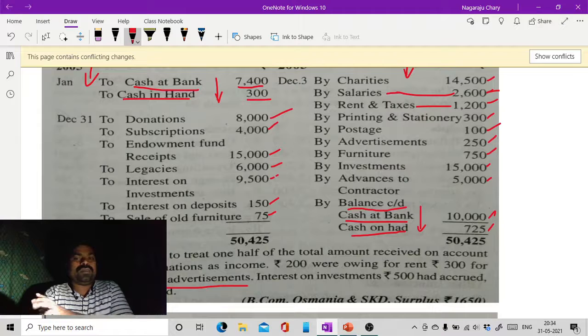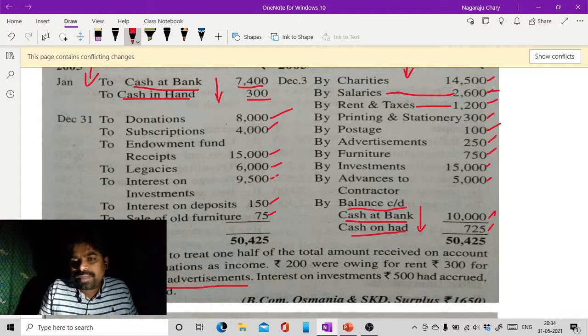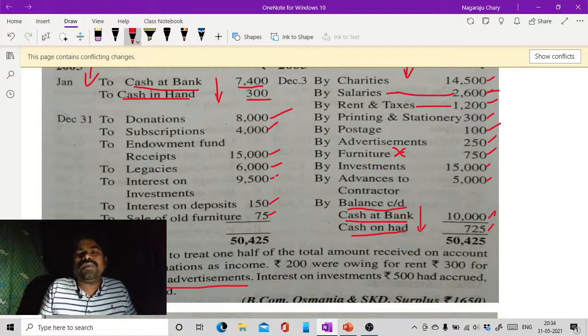So this is non-repetitive in nature. That means this is a capital item. So that's why this 750 is not to be taken into consideration while preparing income and